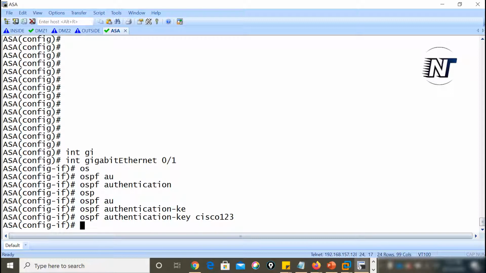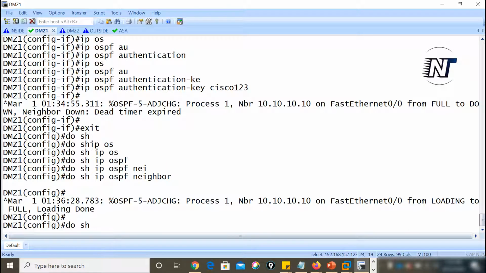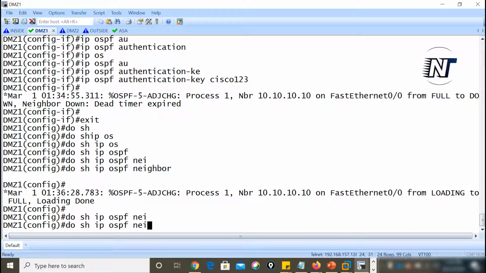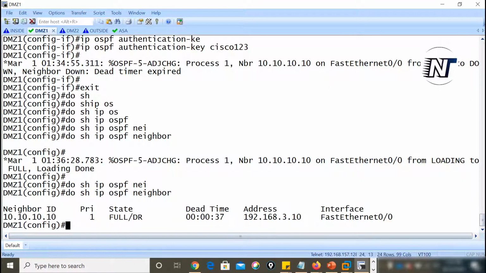Once we do that, my authentication should work and my neighbor relationship should come up. So we'll go to DMZ1 and check over there. Show ip ospf neighbor. Yes, you can see. So in this way, you can apply the clear text authentication.